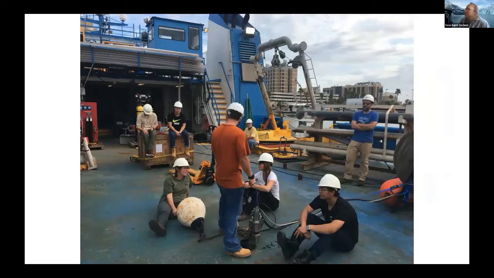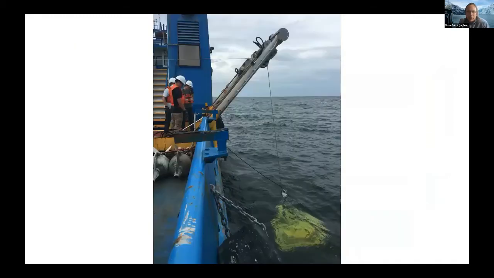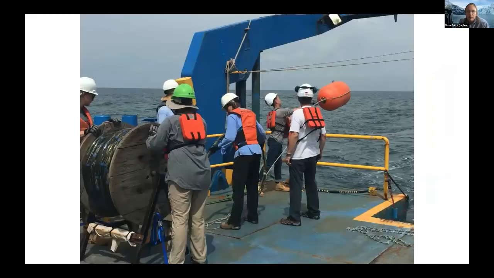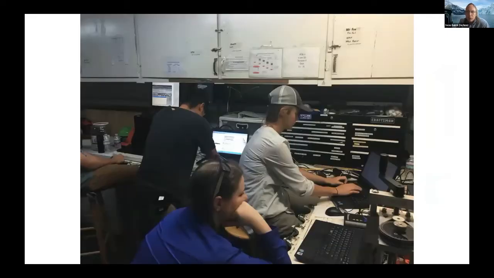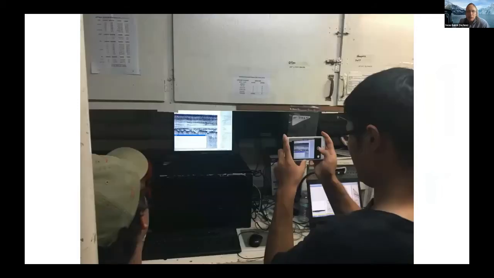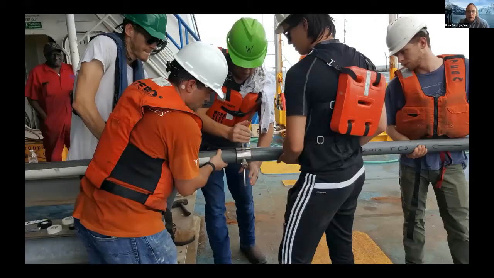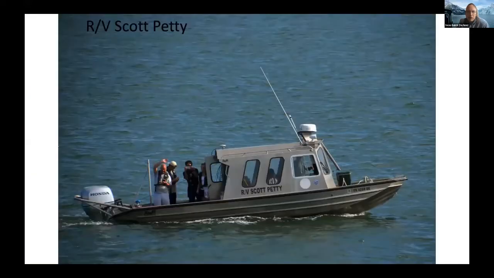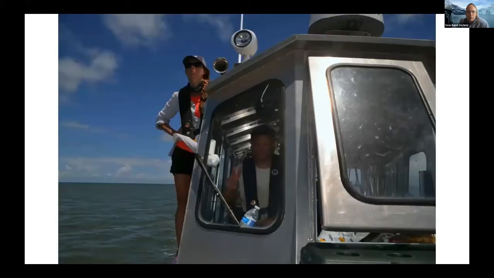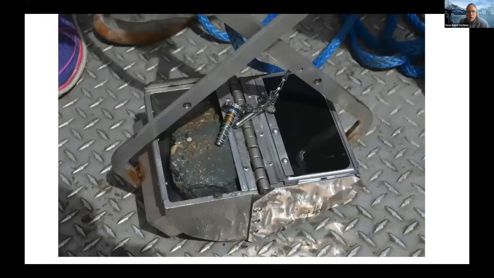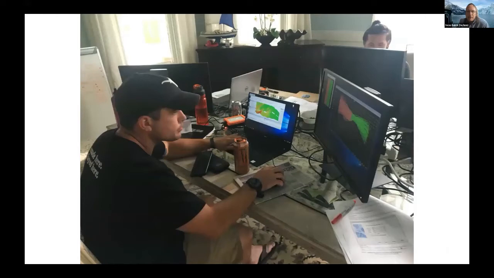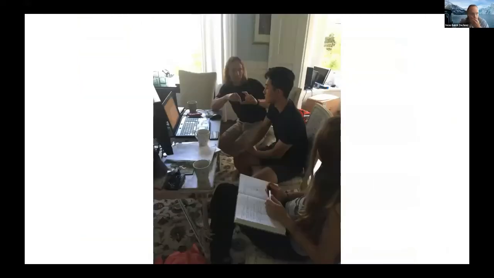And I just have a few pictures in the last couple of minutes here of the students in the field, learning how to deploy the various kinds of these systems and acquire the data in real time. There's the CHIRP and the seismic being acquired side by side on the same ship, which is always cool, and doing some ground truth. And then also the same thing on the small boat that we use. And then teaching the students how to do it in the lab.